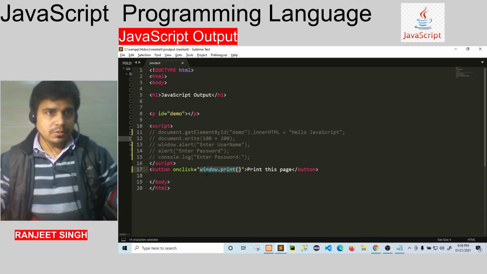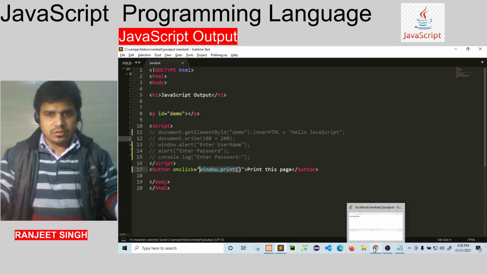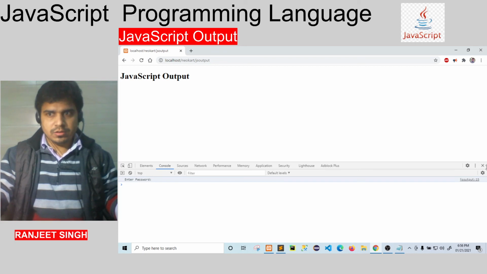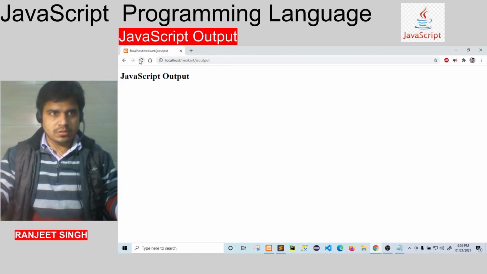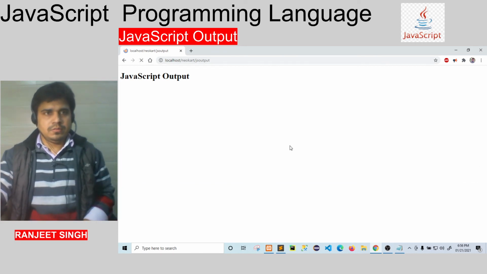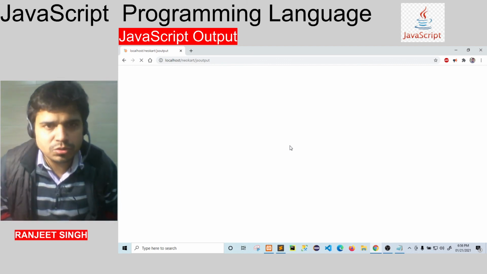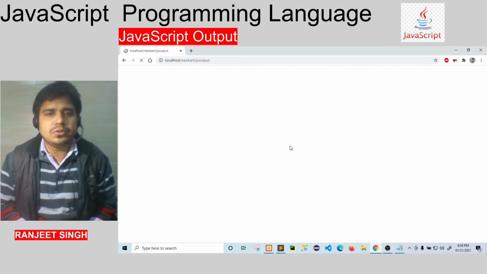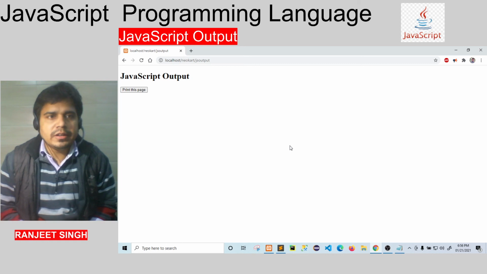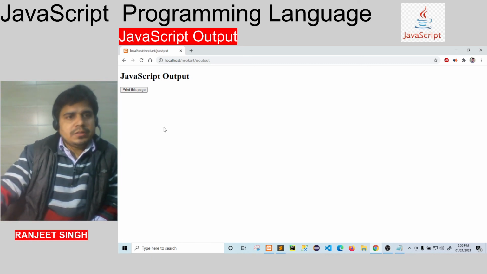Now save and run. So when you click this button, it will print this page.